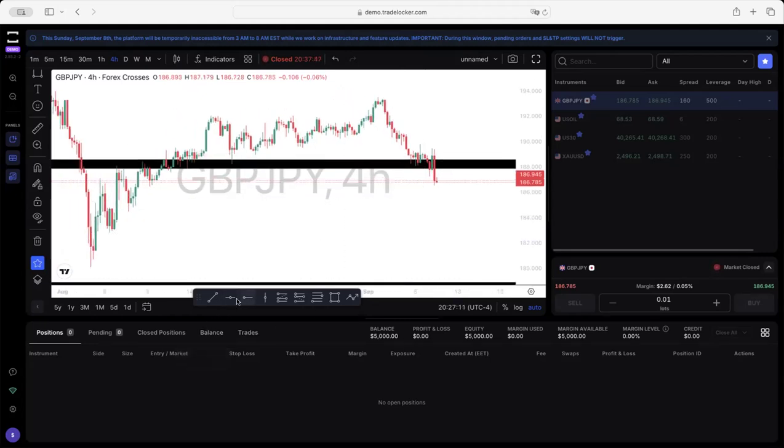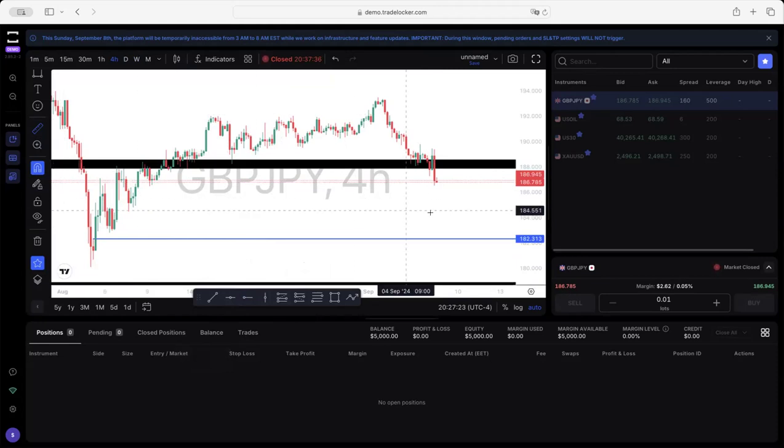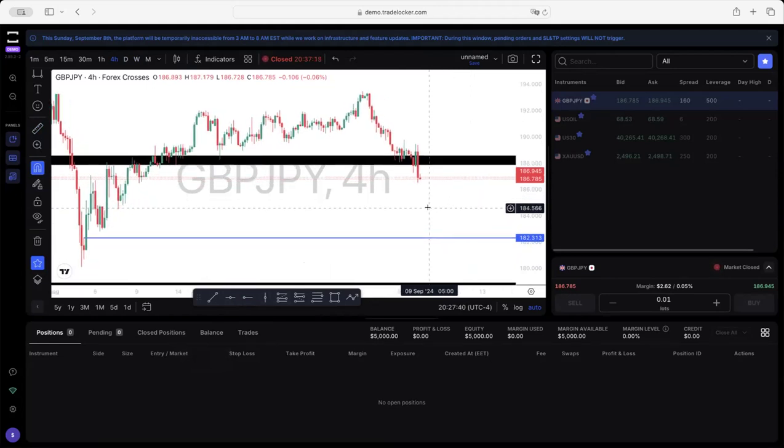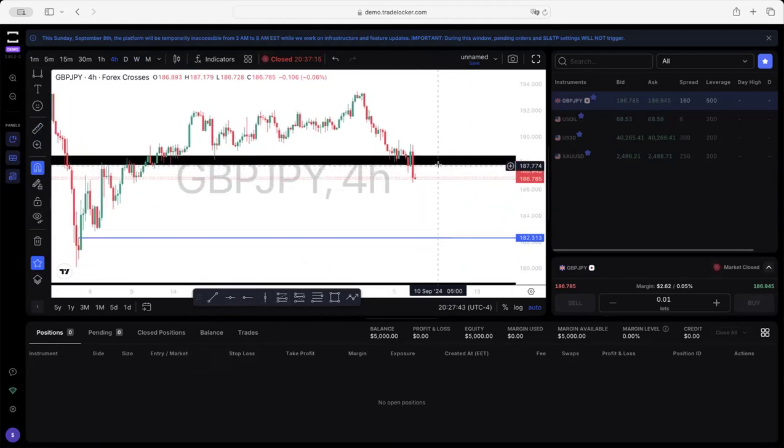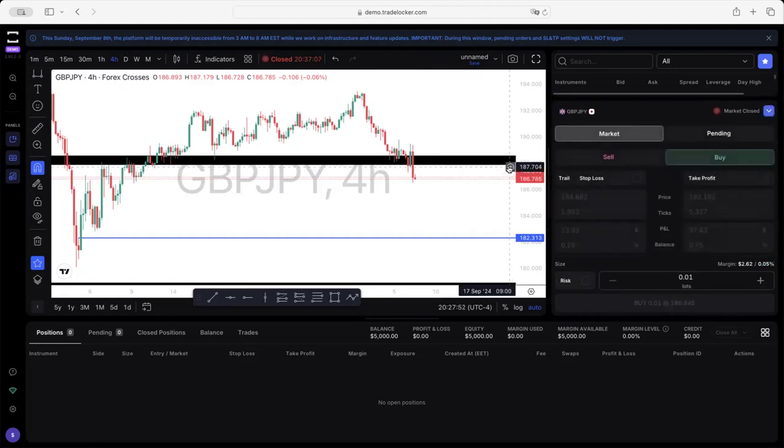So now I want to look for my 4-hour order block. And see, that's saying it's 500 pips. Okay. That's not the point. The point of the matter is if this is going to continue selling, so we're looking to sell from here to here. Okay. And say we are going to put a